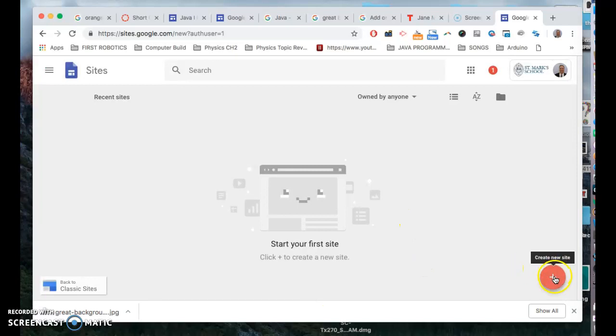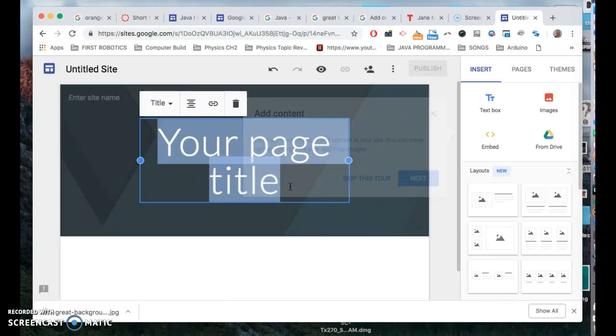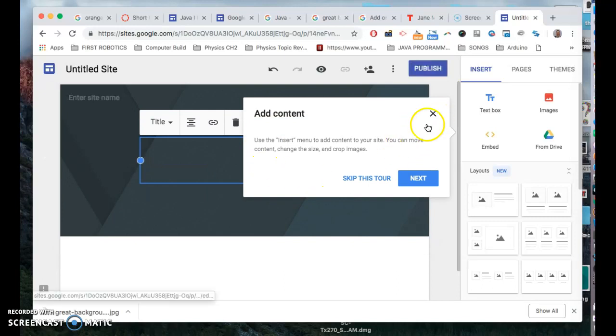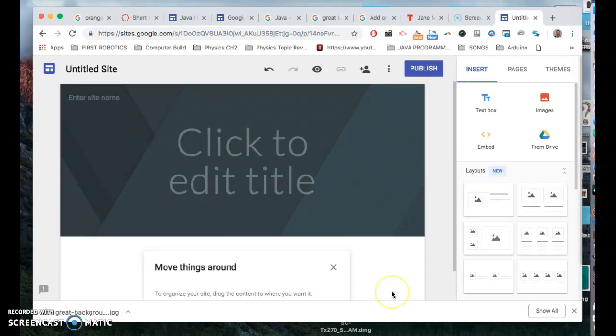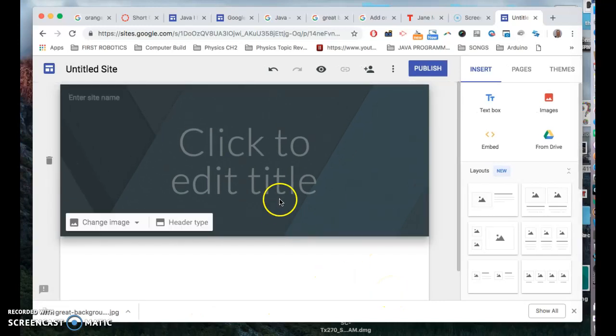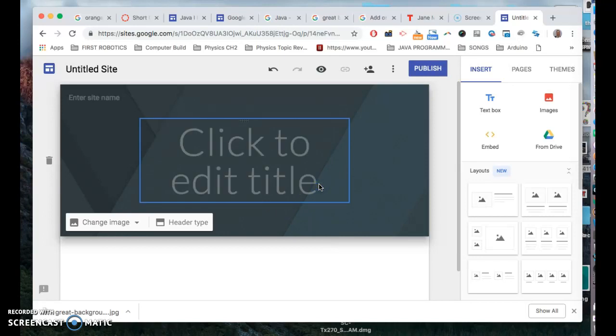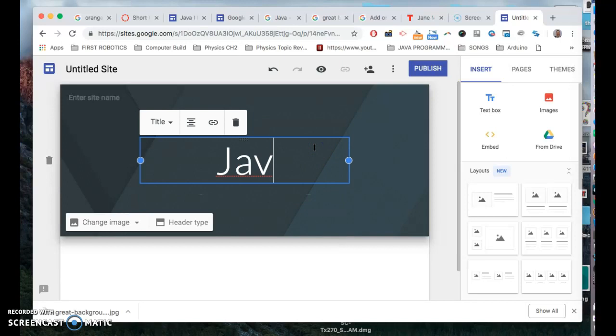Basically what you're going to do is hit that button, and you get to here. There's some web stuff behind this, but you can just use these things here. You can pick layouts and things like this. It looks like we can move things around. That's good. But what we're going to do is make a name for the portfolio site. I'm going to call it Java 1